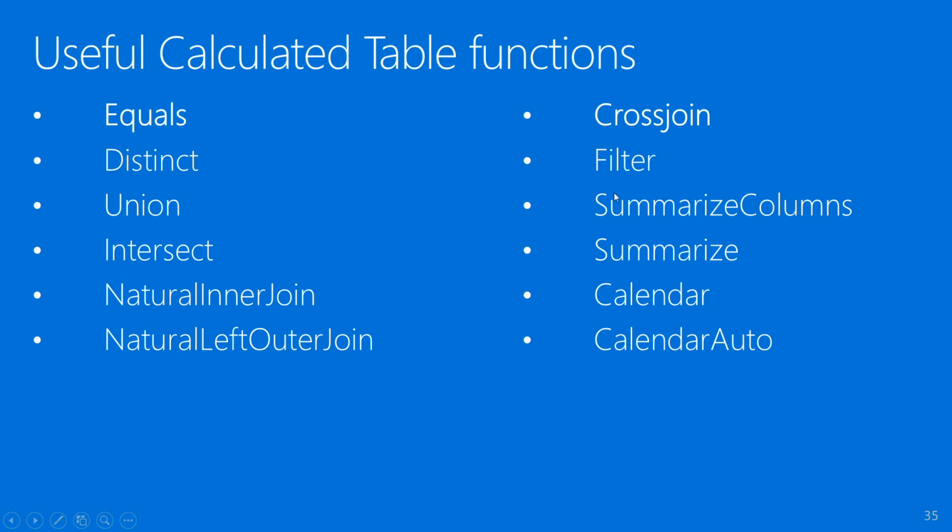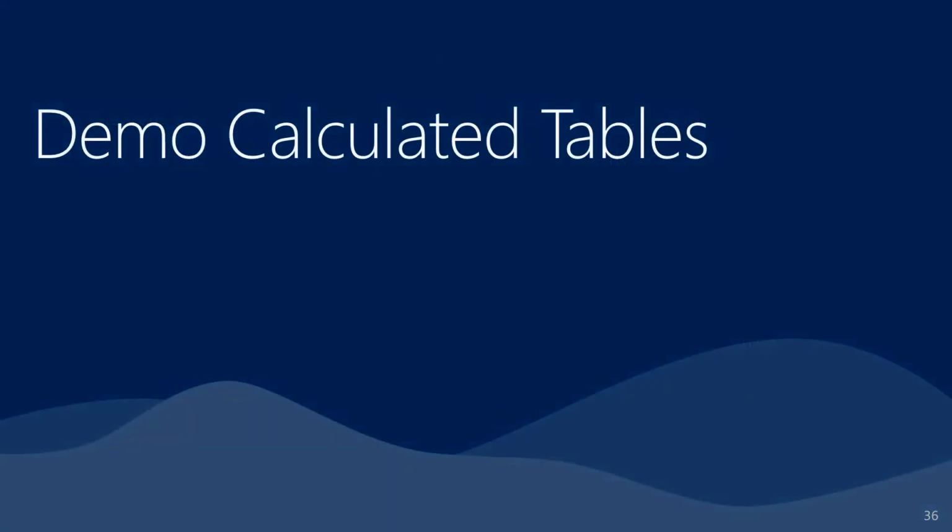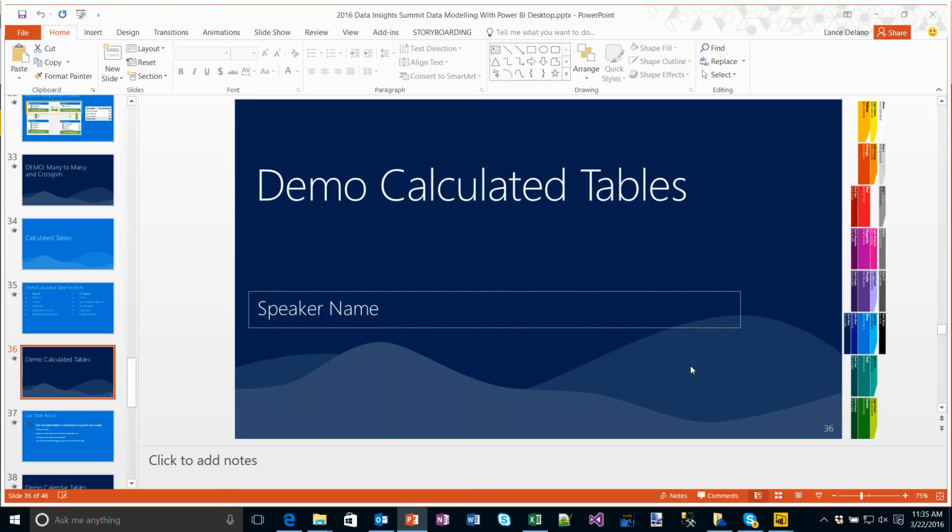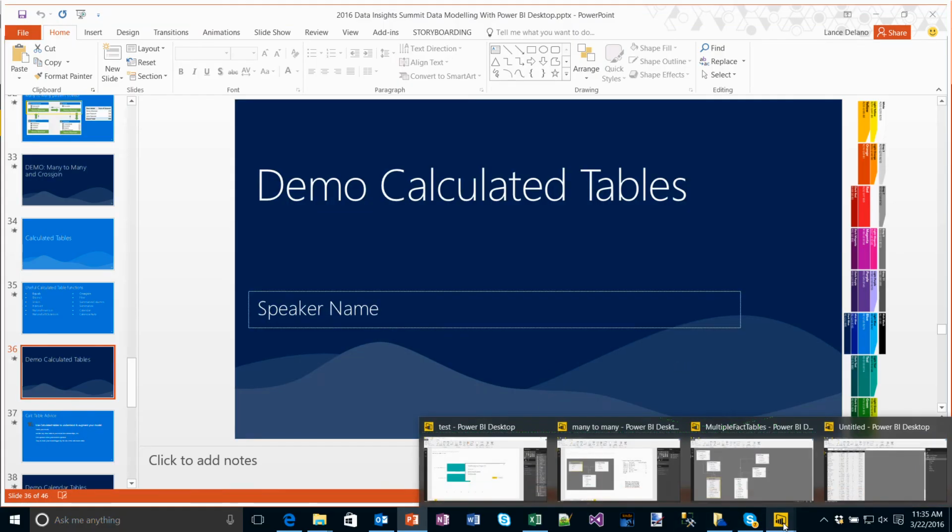Cross-join you've seen, filtering. Now these right here, summarize columns and summarize, they actually give you a view onto the kinds of things you get back when you're doing a query, for instance. You can use these to debug, for instance. They're quite useful. And the last two, which we will talk about, are calendar and calendar auto, and these allow you to create date tables. So I'm going to do, I think, one demo here. Let's keep going with,